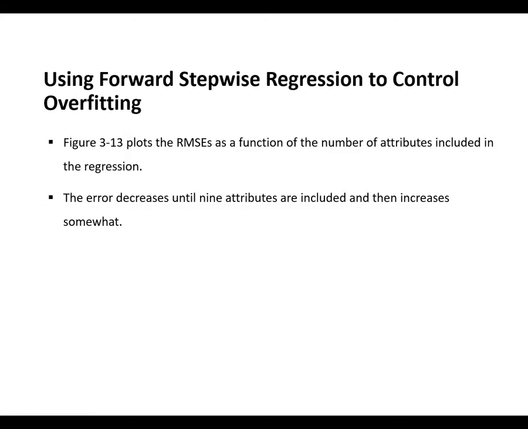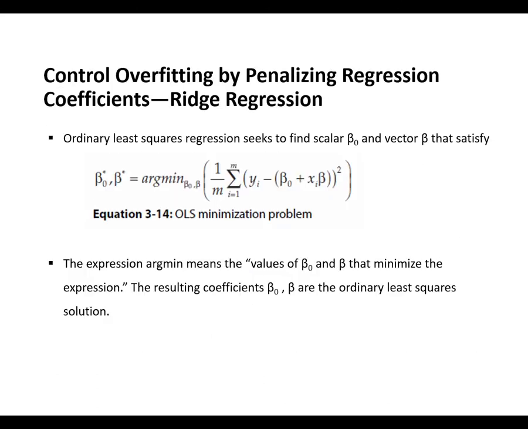Now, what we are supposed to study today, we have already studied a little bit yesterday, but we want to control overfitting. Now, how to control? There may be a number of different ways, but here we are going to study it through some statistical methods, that is ridge regression. Ideally, we have studied this equation yi equal to beta 0 plus xi beta, and there can be a number of xi's over here. That means there can be a number of attributes.